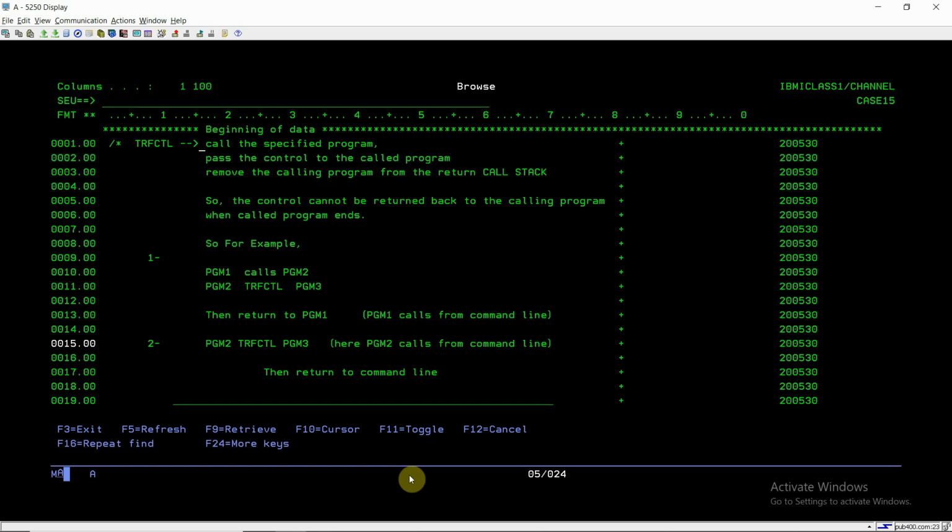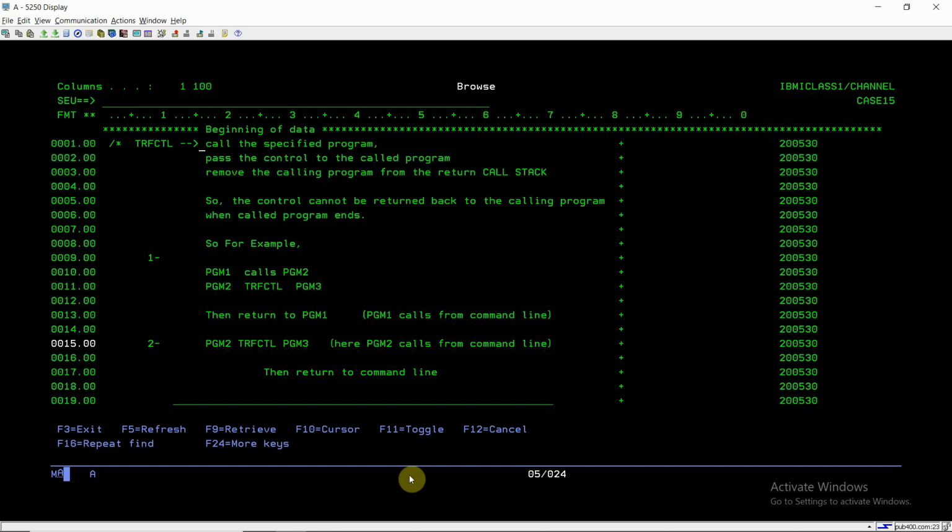For example, we are calling PGM2 from PGM1, so we are passing the control from PGM1 to PGM2. We can pass the parameter to PGM2 from PGM1 as well.